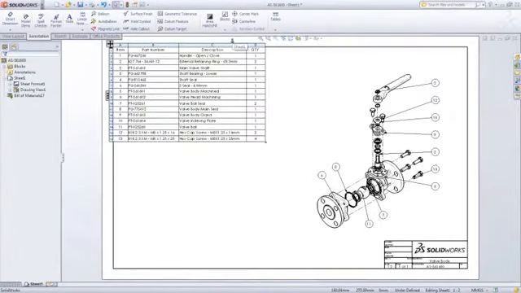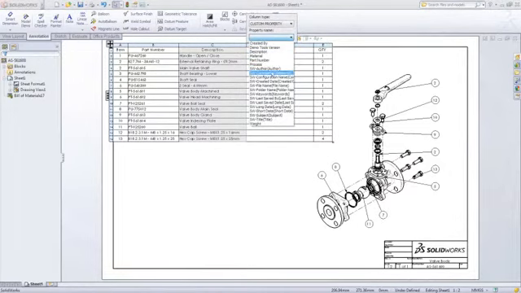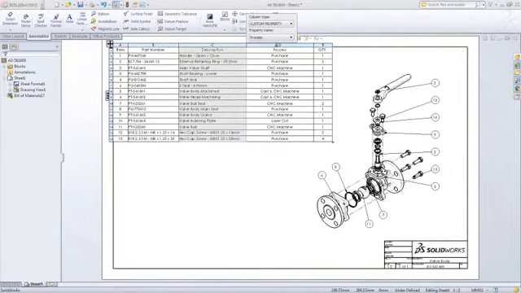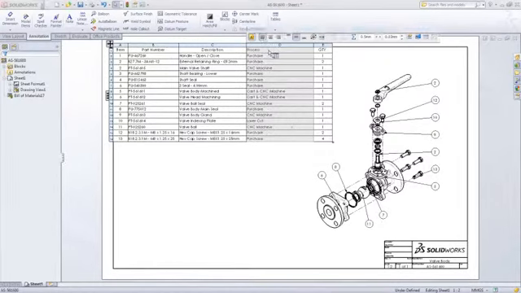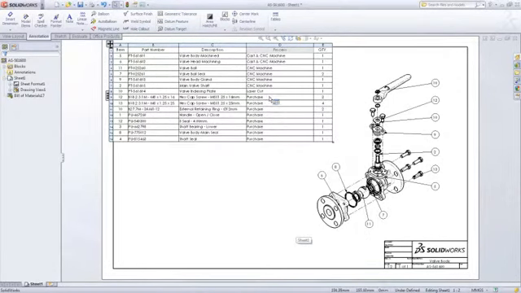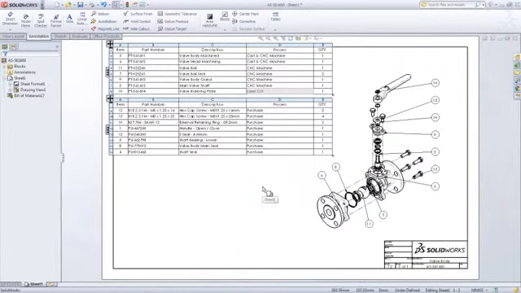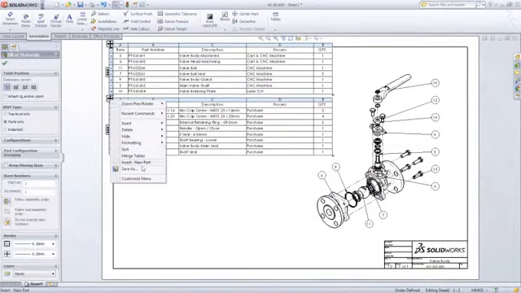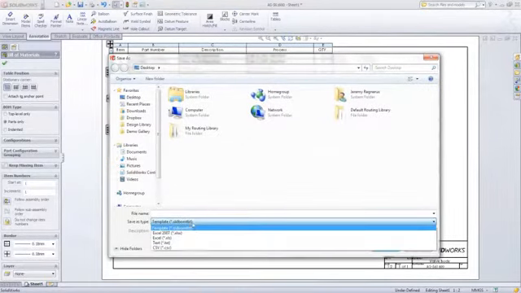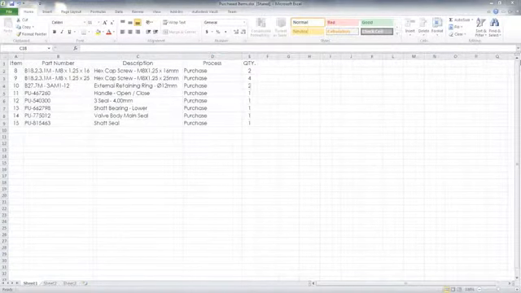Much like Microsoft Excel, you can add new columns. These columns can contain custom properties found in SOLIDWORKS components. Columns can also be formatted like Microsoft Excel, giving you complete control over how your bill of material looks. You can sort by any column, in this case process and part number, and you can split your bill of material at any point. You can use this to create a detailed list of just purchased items, for example, and save this bill of material out in a Microsoft Excel format for use in purchasing or manufacturing.